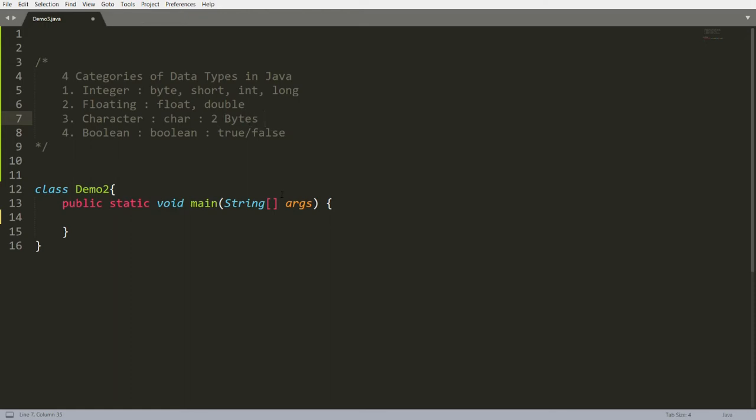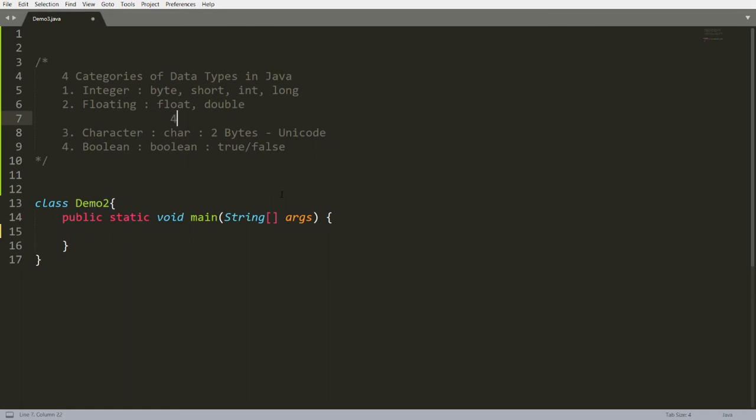In C language it is 1 byte, but in Java it is 2 bytes, just because it stores the Unicode representation. So you can store your native language also, like Gujarati, Hindi, Chinese, any language other than English, if you want to store, then you can using the character data type, and that is the reason why char has 2 bytes, and it is a Unicode representation.